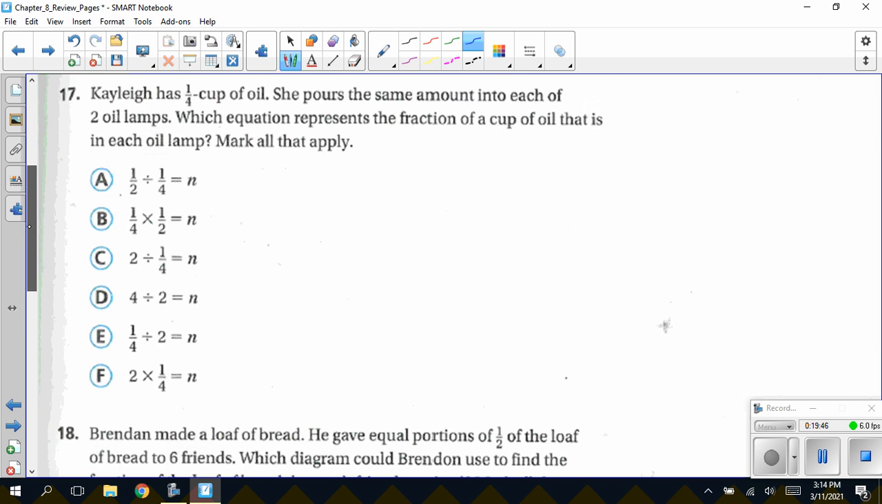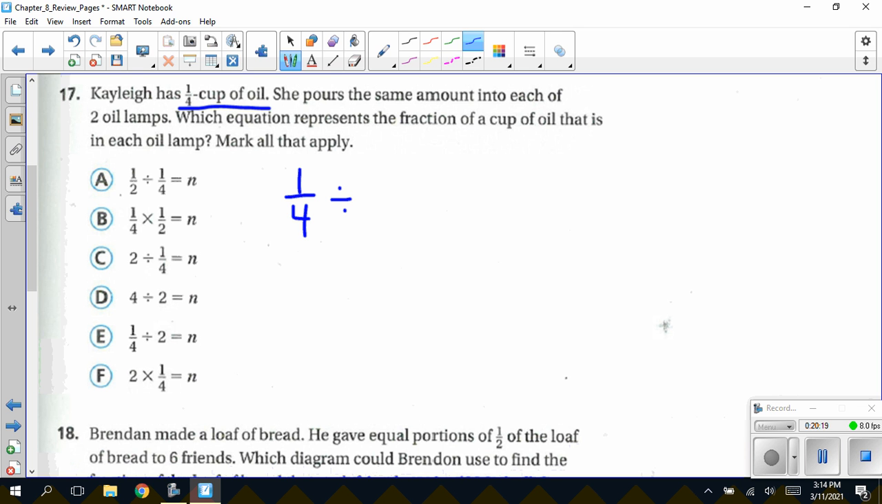Moving on to question number 17, Kaylee has a 1/4 cup of oil. She pours the same amount into each of 2 oil lamps. Which equation represents the fraction of a cup of oil that is in each oil lamp? Mark all that apply. So what I want to do is make sure I know what I'm dividing first. And I know it's the oil that needs to be divided between the two lamps. So I know I have to start with the 1/4 cup of oil